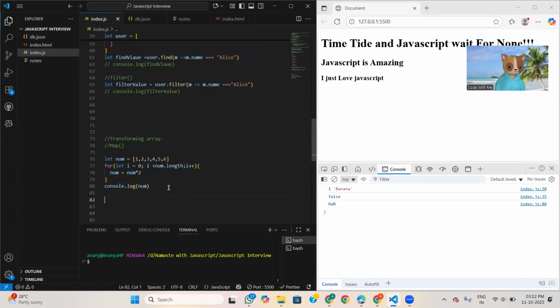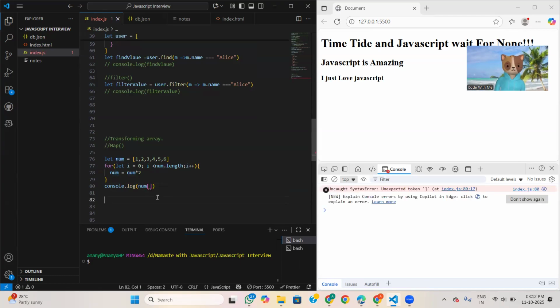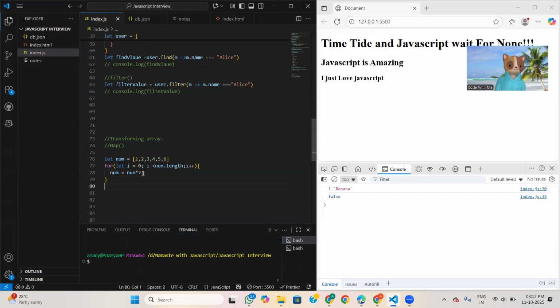Oh, what am I doing wrong? A syntax error. I'm doing something wrong. Oh my god.